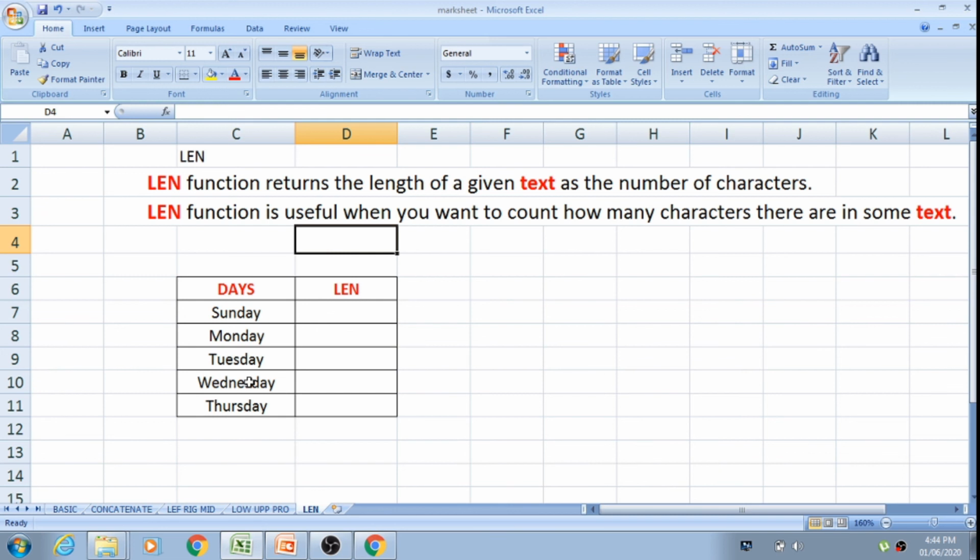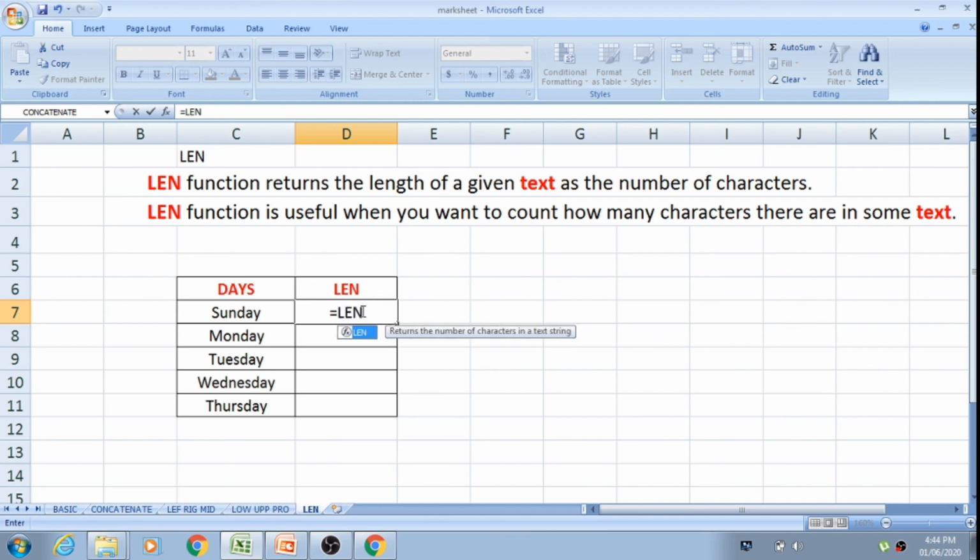A small example we'll see. I have again taken the names of the days, and here I want to calculate how many characters there are in a particular text. So I'll start with is equal to, then type length, select it, and here it is asking me for the cell reference, so I'll select the cell and press enter.